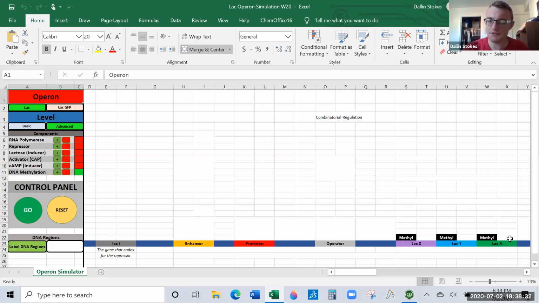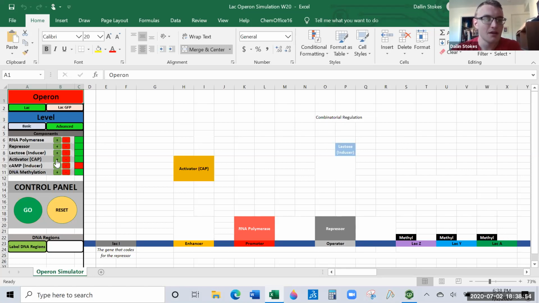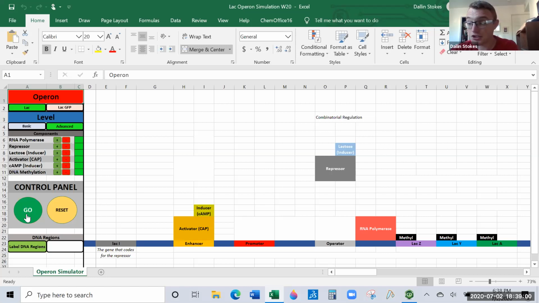And when you stick the methyl groups to the genes, it permanently shuts down the genes. It's repressed forever. Now with the case of the Lac operon, that's not a very helpful thing, so we wouldn't see that on the Lac operon, but on other genes it can be. It can also cause problems. So in this case, even if, let's say for example, we did methylate the Lac genes over here, even if we had no glucose and mountain loads of lactose, it's not going to transcribe the genes because we methylated them. We shut them down.